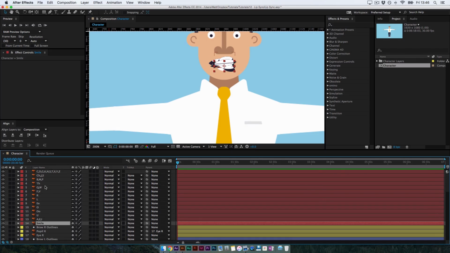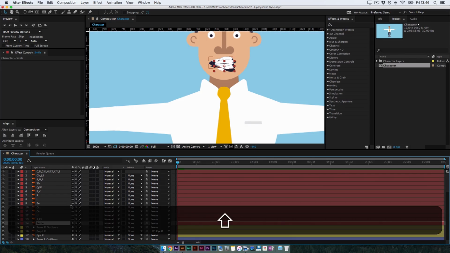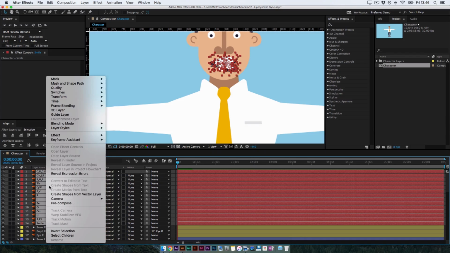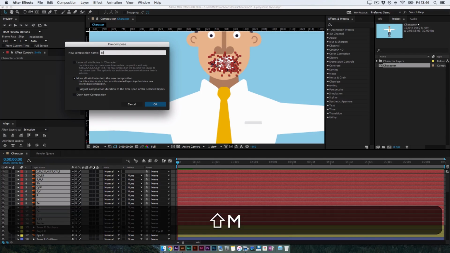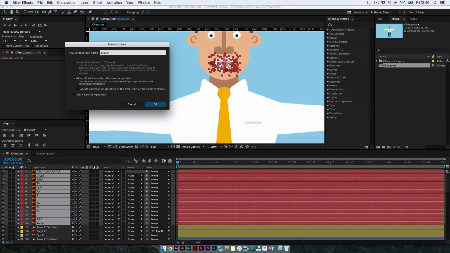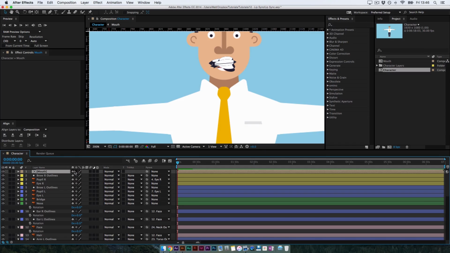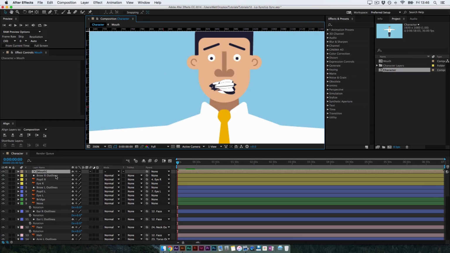So yeah, let's get started. The way to bring these to life in animation is if we select them all, we right click and we go to pre-compose. I'm just going to call this mouth, and then click enter. We'll quickly turn on continuous rasterization so we get nice clean shapes, and then what we'll do now is quickly select the mouth pre-comp